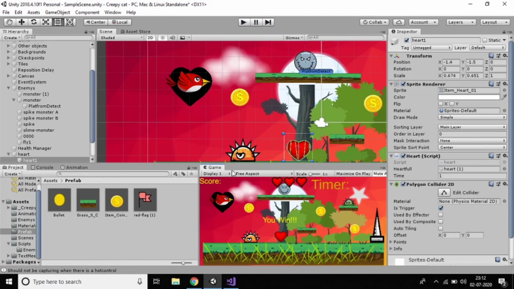What is the task? If I press one bullet, automatically my enemy is dying, right? So if I press five bullets, those five bullets should touch the enemy, and then only the enemy should be destroyed. This is your task. Just do it, and let me know in the comment section. I hope you will do this task. Otherwise I can help by seeing your comments also.